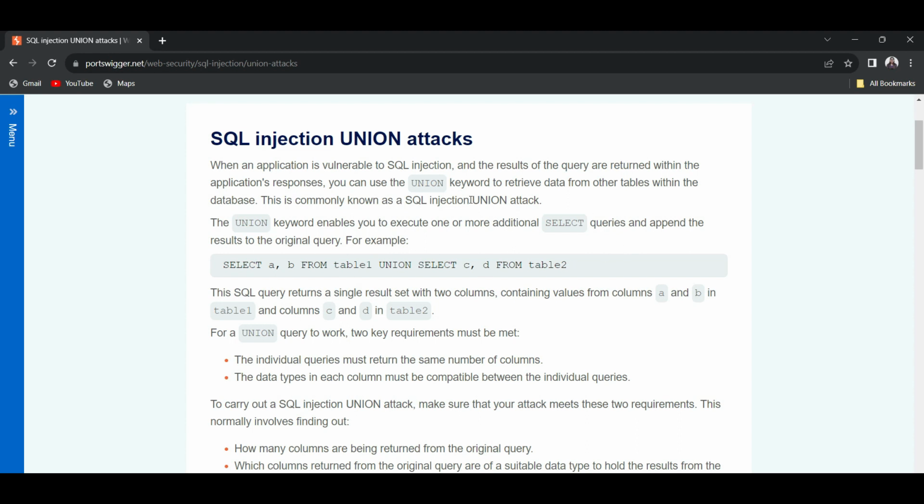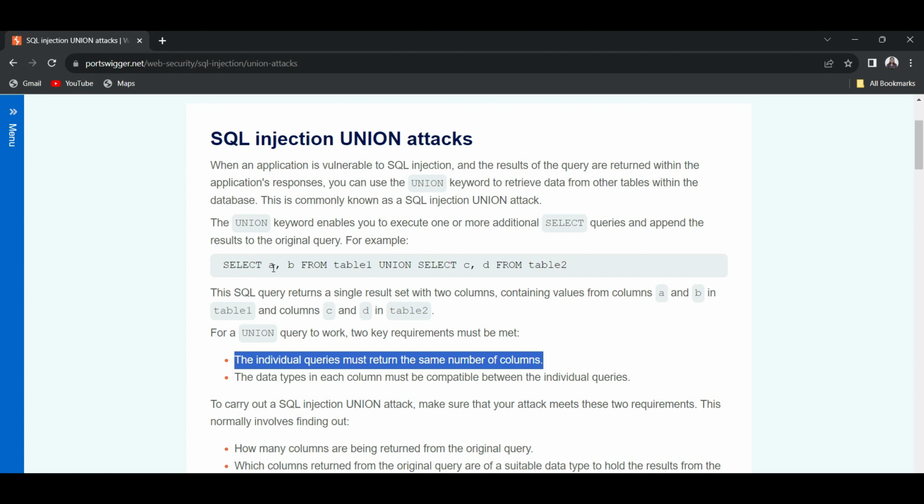So the primary conditions for a UNION query to work, the requirements, are, first, the individual queries must return the same number of columns.